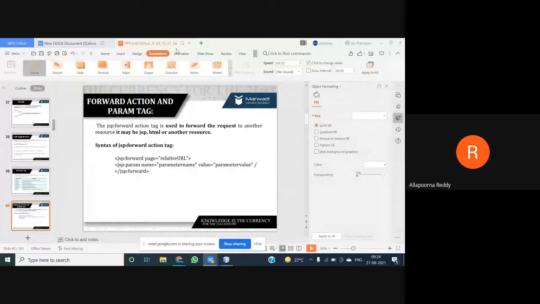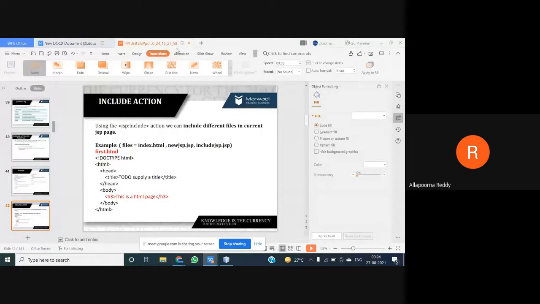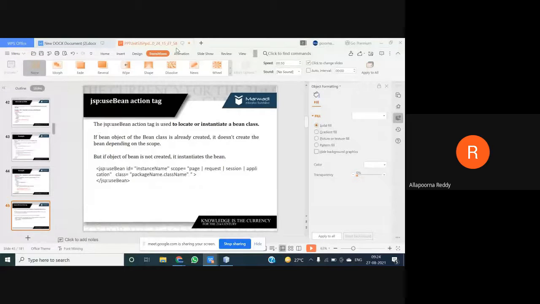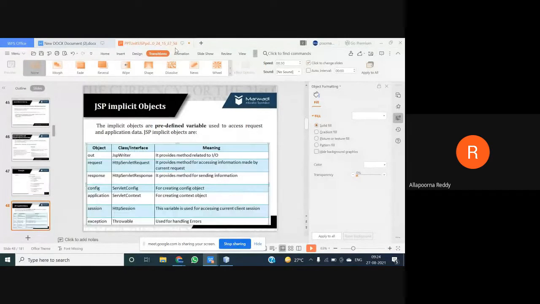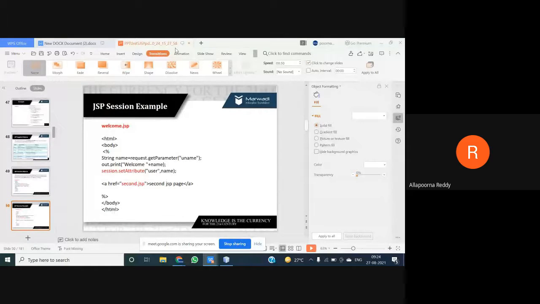And here we had some details about your next topic, that is how we are using the forward action with a parameter value, with an example program we had. Similarly, how you are using include, we had one more example program. Then the JSP bean action tag: how you execute the Java bean action tag by including some content, how you create your Java bean object, set property and the set action tag with examples, and what implicit objects are. Everything we can go ahead with in my next session.